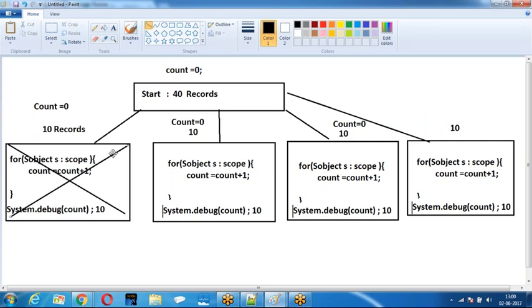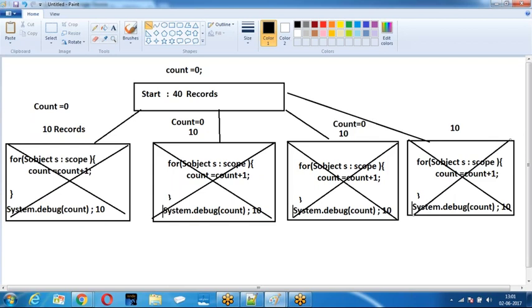If they are not transferred, if I come to this, what is the value of count? 0. Again count equal to count plus 1. It has become 10. Changes made on these will not come to the next execute. So what is the count again? 0. Again it becomes 10. Again the changes made on this count are not transferred to the other. What is the value of count? 0. Then count equal to 10. Once you have completed this, the value of count is 0.